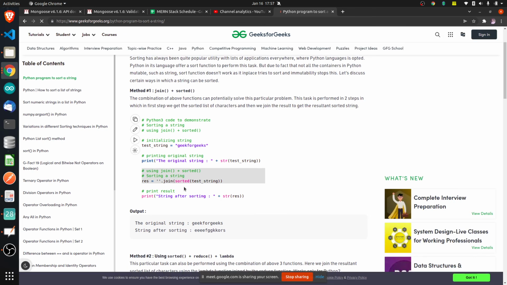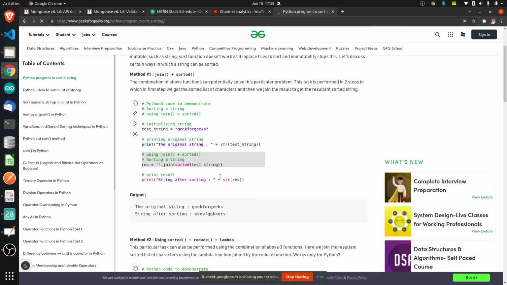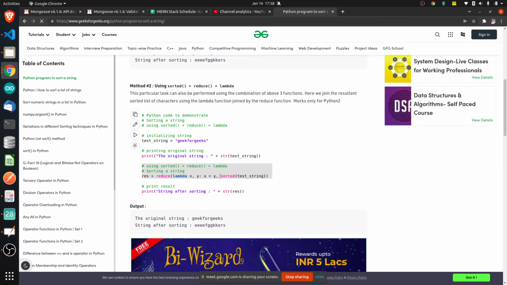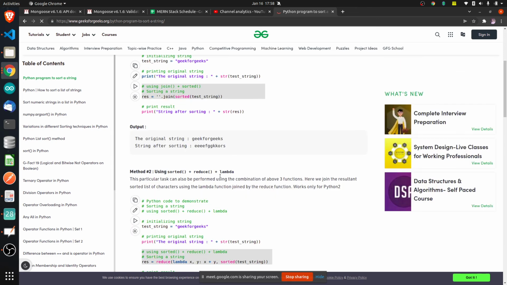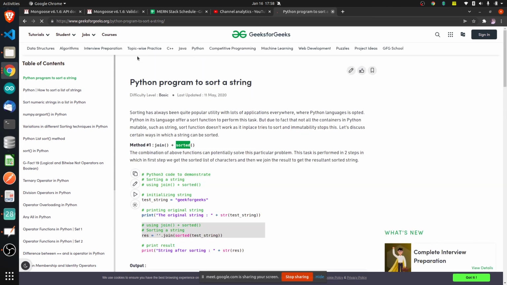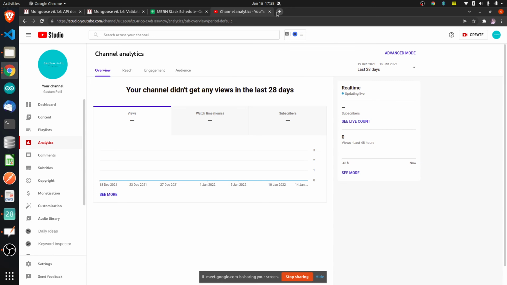Sort. Join plus sorted. Okay, so we'll have to use it with some other method whenever we'll be dealing with questions, right? That time we'll see that.